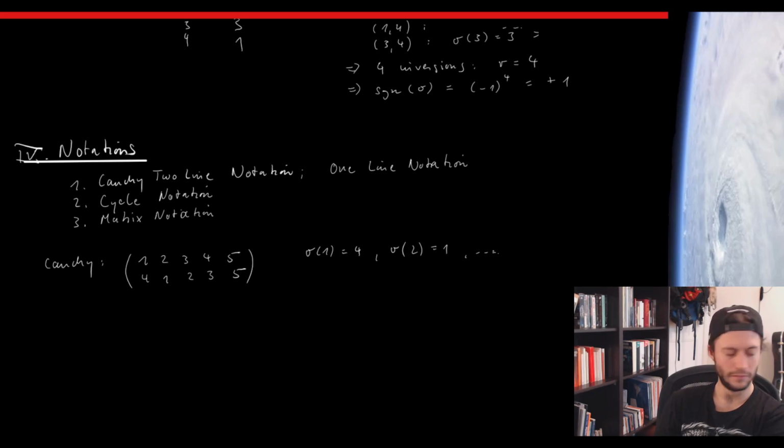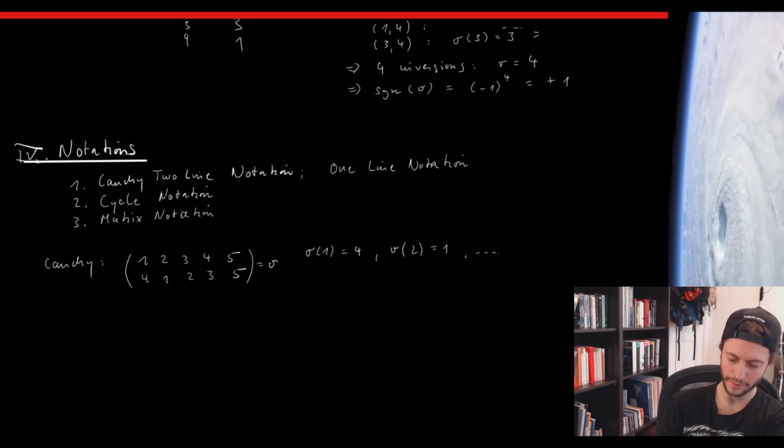Now you can say, well, assuming that the first line is put down as 1, 2, 3, 4, 5, I could also leave out the first line and just write the second one. That would be the one-line notation, saying that we assume that it's written in the correct order. It's really important because,